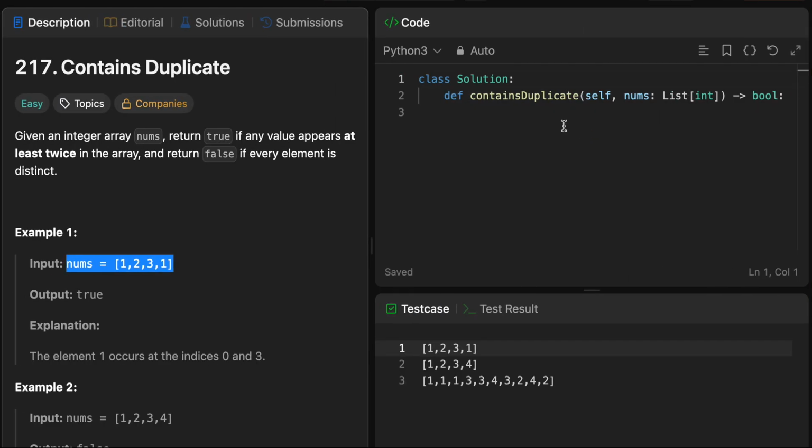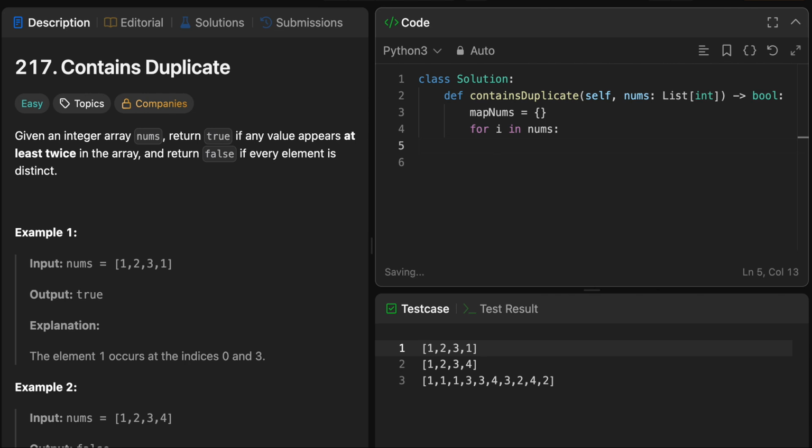So let's code this solution. As I said, let's define a map of nums. I'll call it map of nums. It's an empty map. The first thing is, we'll be iterating over the elements in nums. So for i in nums, for every element we take, we will be checking that the element exists in the map. So if i is in this map nums,